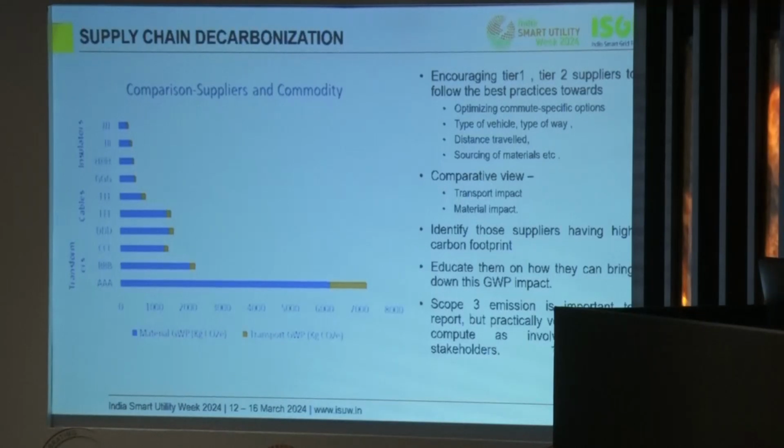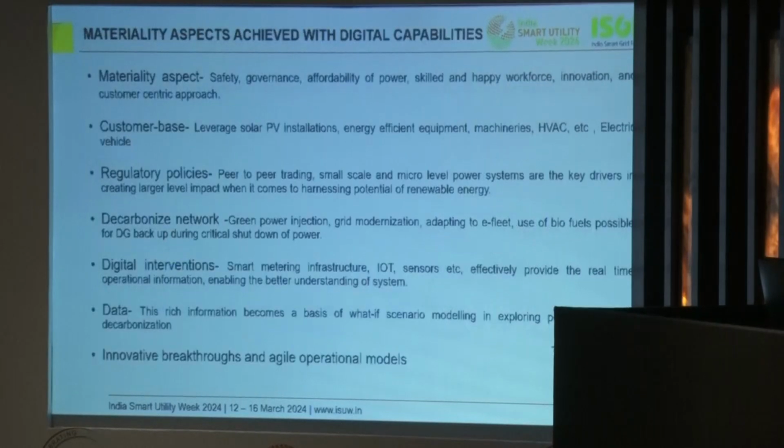And then this is just an indicative comparison between 3 suppliers supplying you 3 different kinds of assets. Then you can understand which supplier has less footprint and which has more footprint, and then you can start negotiating and talking to the tier 1 supplier at least. This is exactly what we have been seeing across different